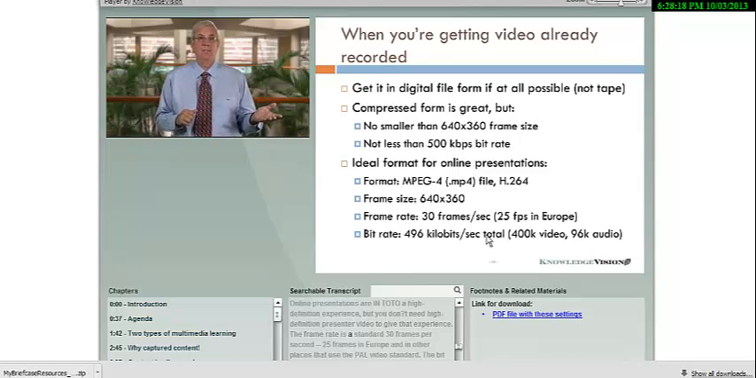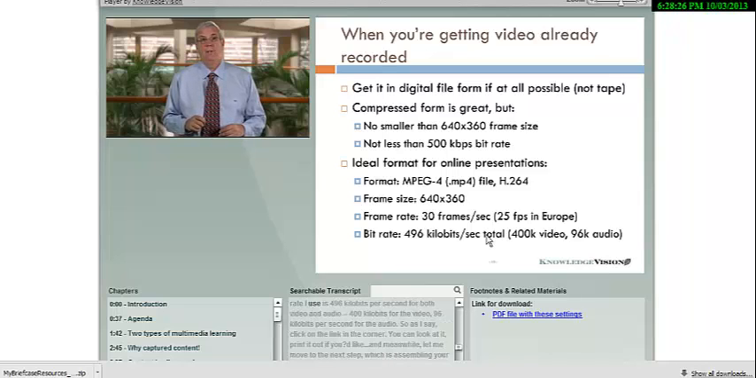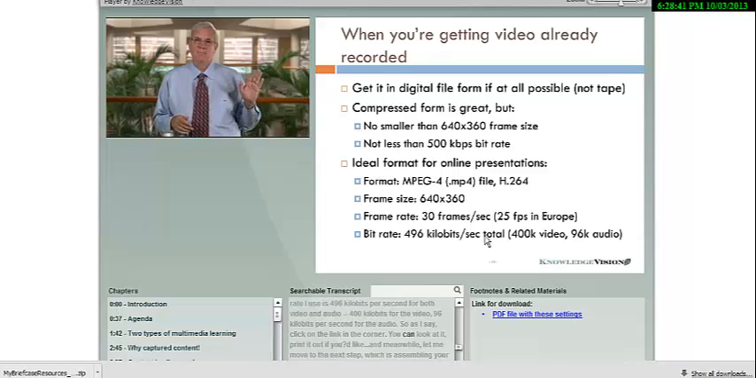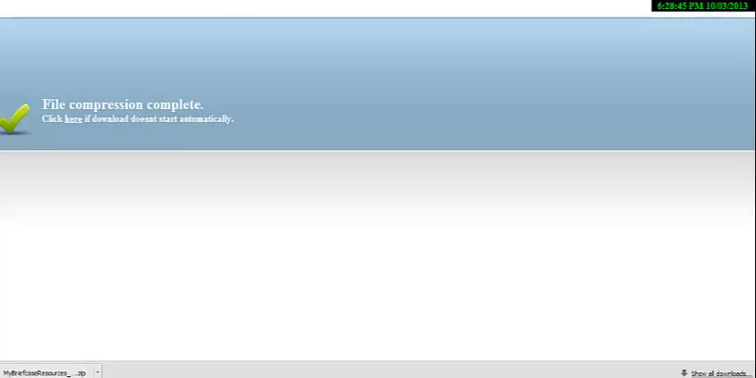The frame rate is a standard 30 frames per second, 25 frames in Europe, and in other places that use the PAL video standard. The bit rate I use is 496 kilobits per second for both video and audio. 400 kilobits for the video, 96 kilobits per second for the audio. So as I say, click on the link in the corner. You can look at it, print it out if you'd like, and meanwhile, let me move to the next step,